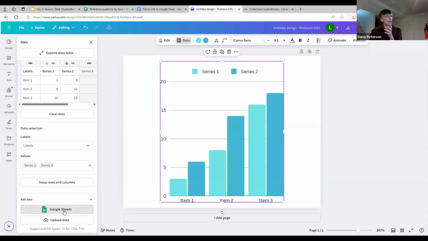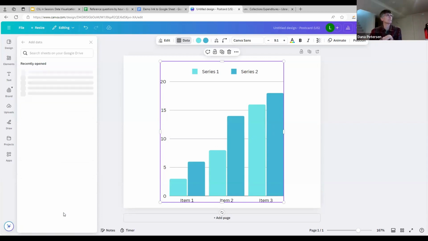So I'm going to say, okay, I want to bring in my data from a Google Sheet. It immediately pops out and says, well, what Google account do you want to use? So this is similar to the Google Sheets idea. If your Canva account is somebody's and they need access to the other Google account, just think that through, make a flow chart, figure out who's in charge of what, but also think about what data is behind that, right? So I'm going to connect to this Google account, and here's where we get all the things about privacy and what are they going to do with your data? Well, it's Google. They're going to take it and they're going to do the things that they do. Right? So they're warning us and they're letting us know.